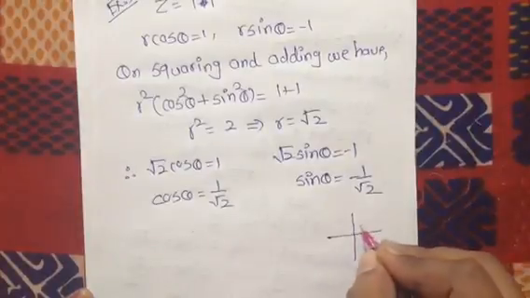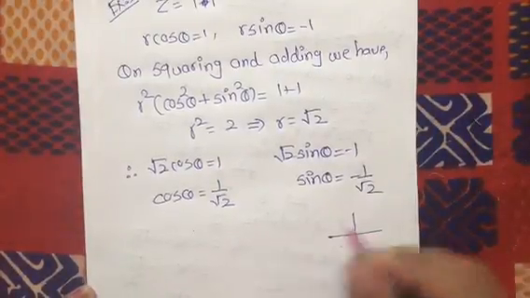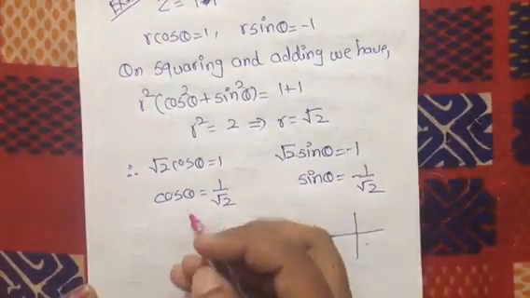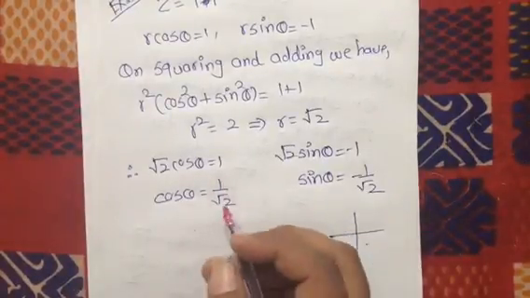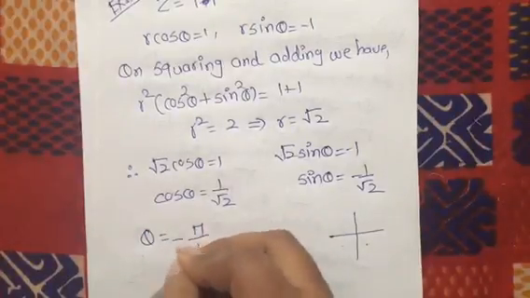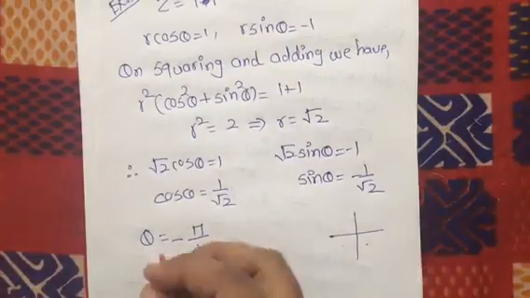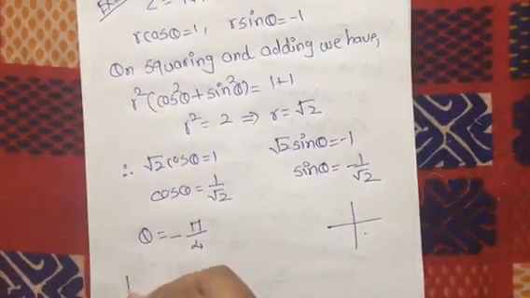In the fourth quadrant, cos is positive and sin is negative. So when does 1 upon root 2 come? Theta is equal to pi by 4, but it is minus pi by 4 because it lies in the fourth quadrant. Therefore the polar form